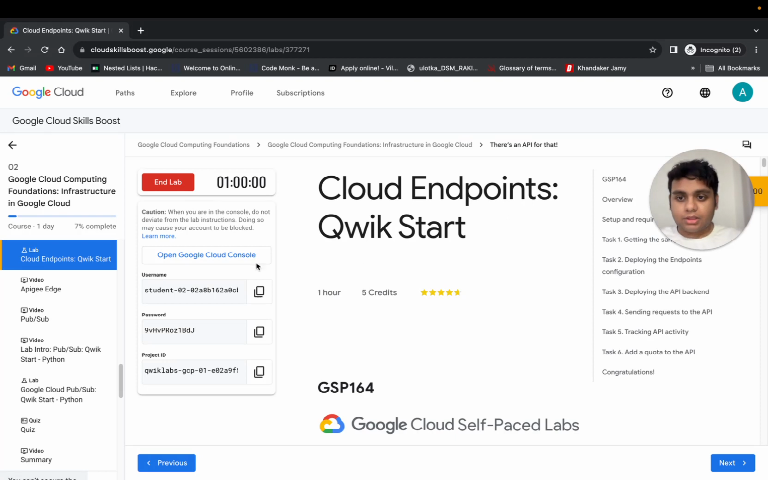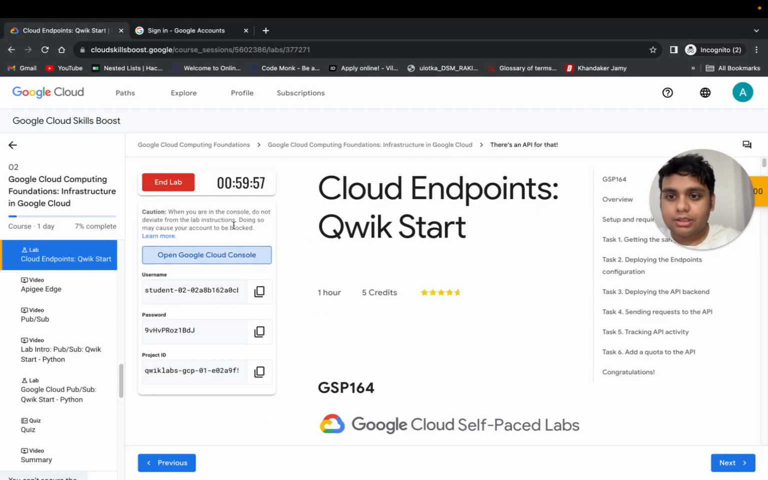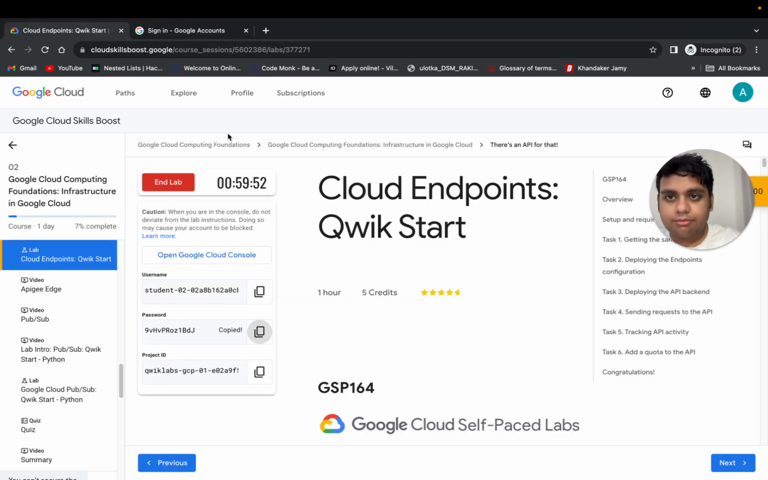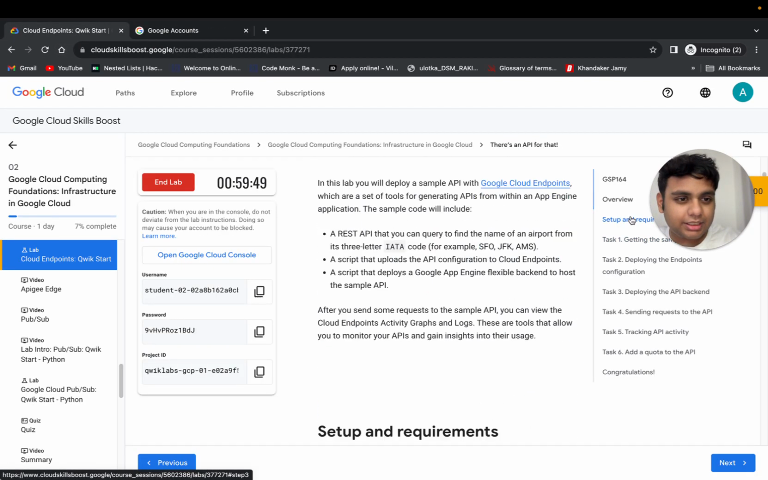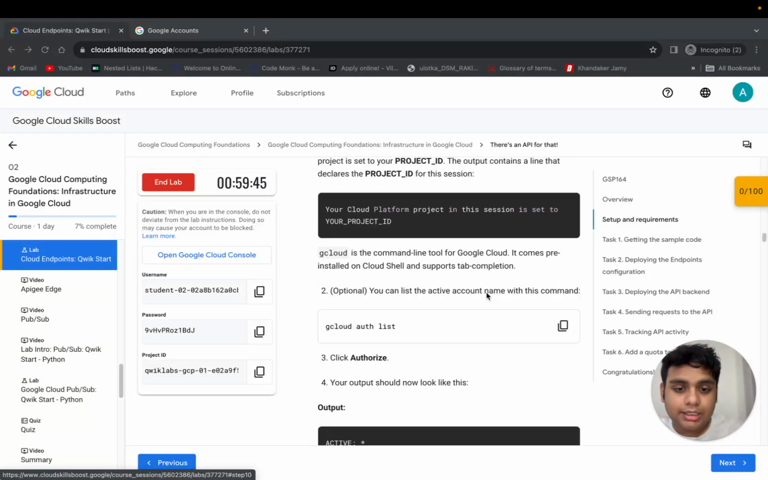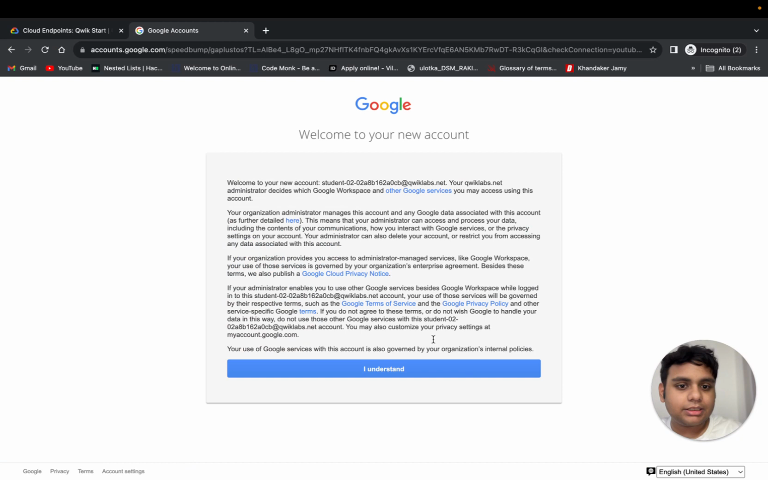Alright, I click open Google Cloud Console, and then use another account, copy, and then I'll paste. Then I'll just check if there are any additional setup and requirements. Well, there are none. Okay, I'll come back, like I understand,